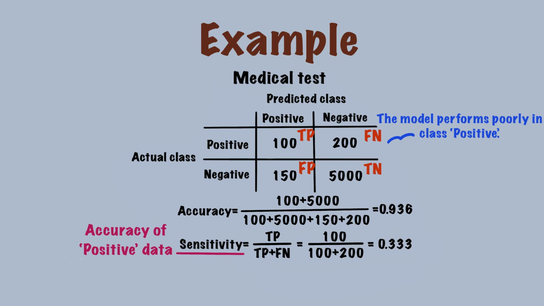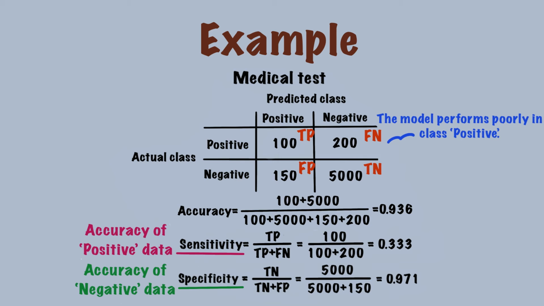Sensitivity is the accuracy of class positive, so it's just Tp divided by Tp plus Fn, which is 1/3. As you can see, the sensitivity is low and unacceptable. In fact, if we make a random guess, we'll get sensitivity around 0.5 because we have a 50-50 chance of guessing right. Why would we need a model with sensitivity 1/3 considering it performs worse than a random guess? Therefore, sensitivity helps us realize the model is unacceptable due to its poor performance in class positive.